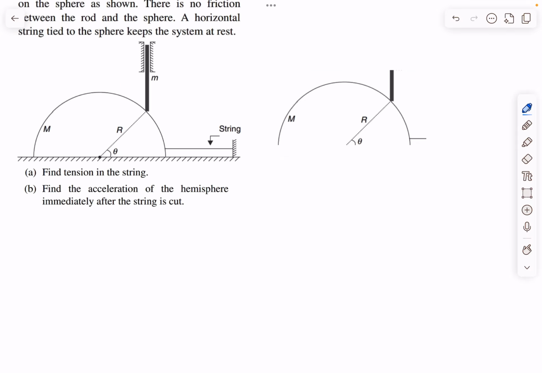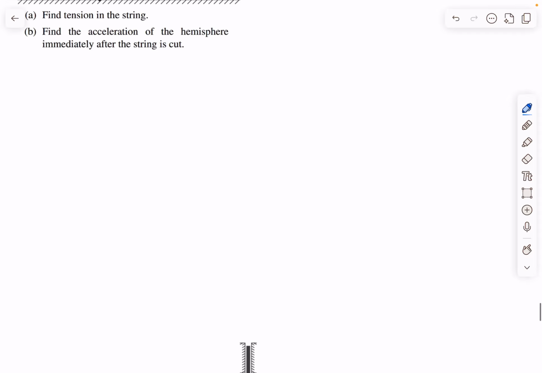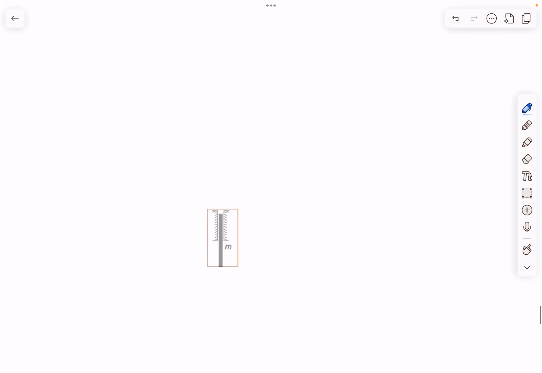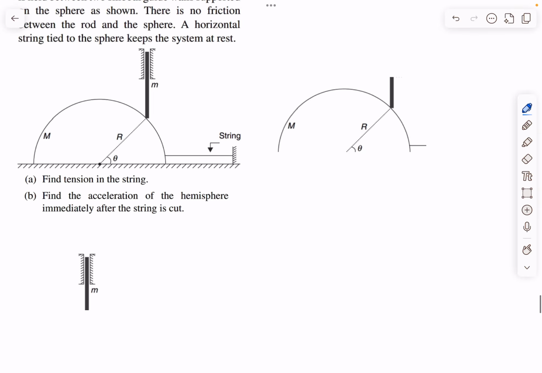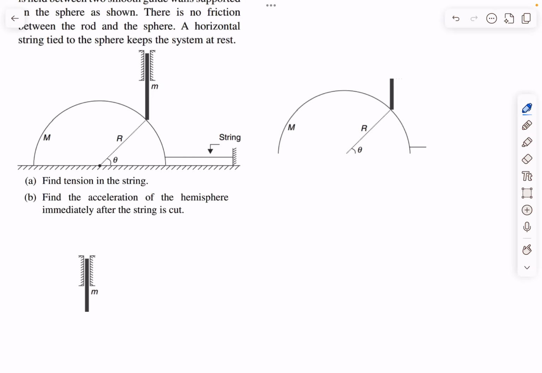So let us say this is the sphere and this is a rod. On the sphere, the forces acting are a normal reaction by the ground. Let us call this R. Weight of the hemisphere, capital Mg. There will be a contact force between the rod and the hemisphere. So a normal reaction N will act on the hemisphere like this, and due to the string, a tension T will